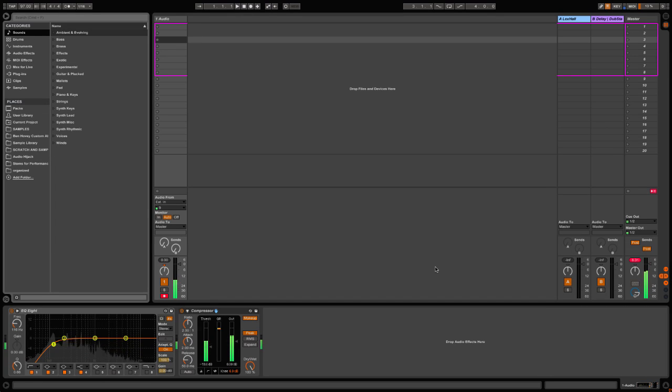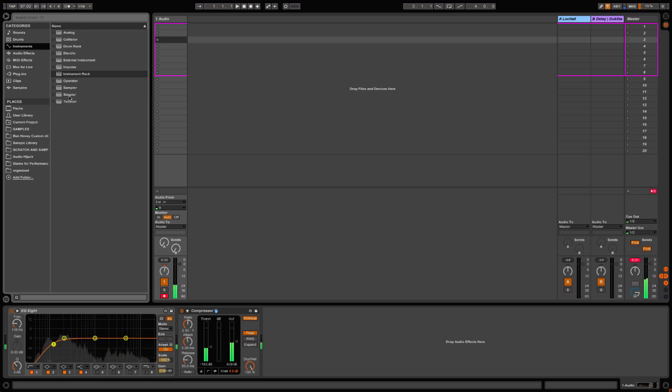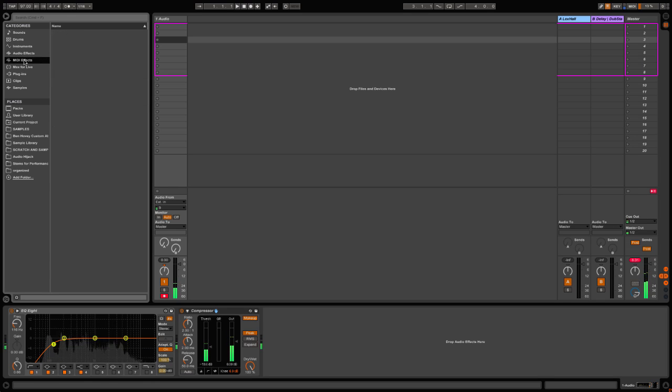When you first open up the program, you'll see a screen that looks similar to this that is divided into 3 different sections. On the left-hand side is our browser, where we can access any sound from the Ableton library, drum racks, Ableton instruments, Ableton audio effects that will alter the sound in some way, Ableton MIDI effects that will alter the MIDI data in some way, Max for Live devices, any VST or audio unit plugin that you might